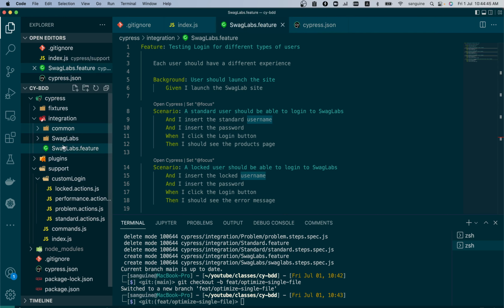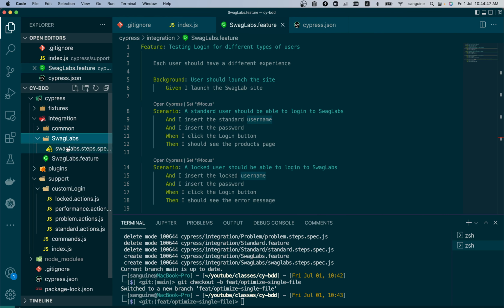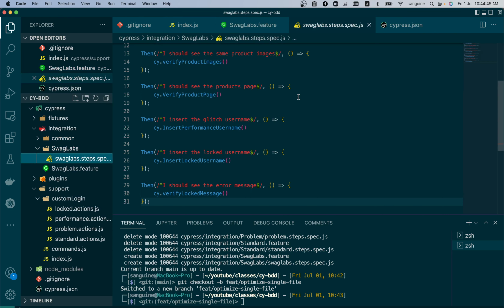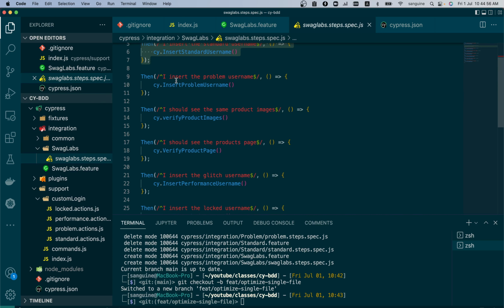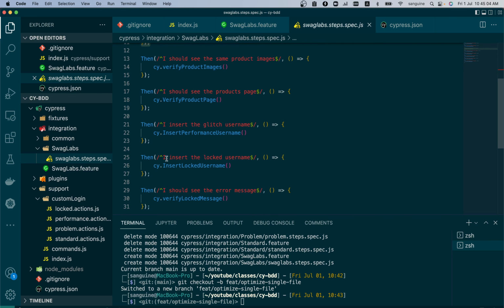We don't need them yet. I'm saying instead of having 4 different steps, that is inserting standard username, problem username, performance glitch username, and the locked username,